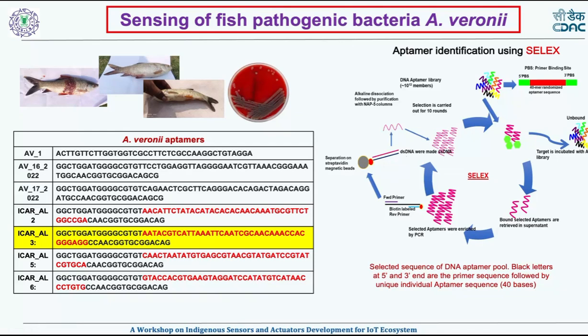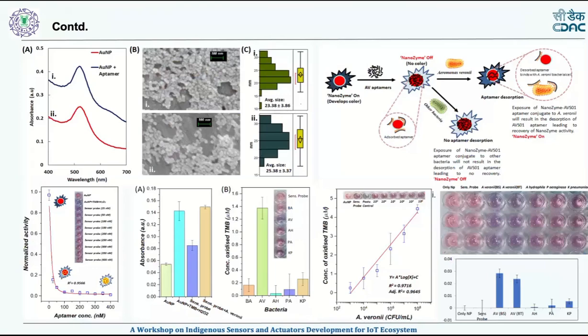You can Google this term SELEX, and you will find the total protocol for how to prepare or identify those aptamers. However, globally, we could find no report of an aptamer specific for this particular bacteria. So we have done our own SELEX, with the help of one research group at IIT Guwahati, and they identified an aptamer of this bacteria, and we have used this aptamer for sensing of